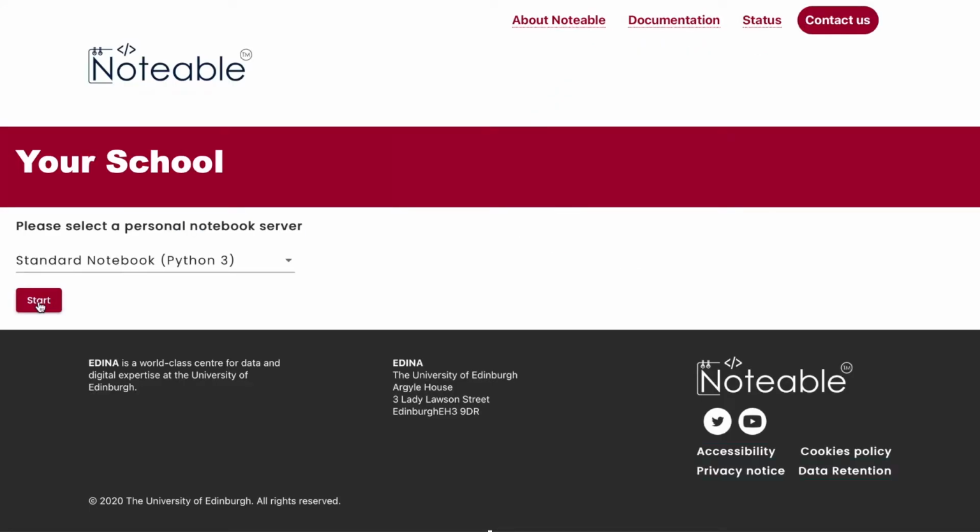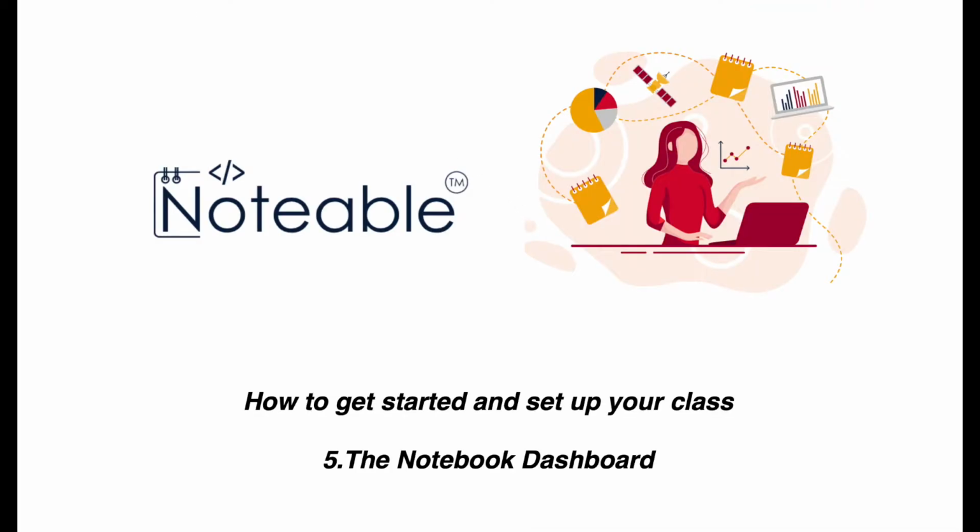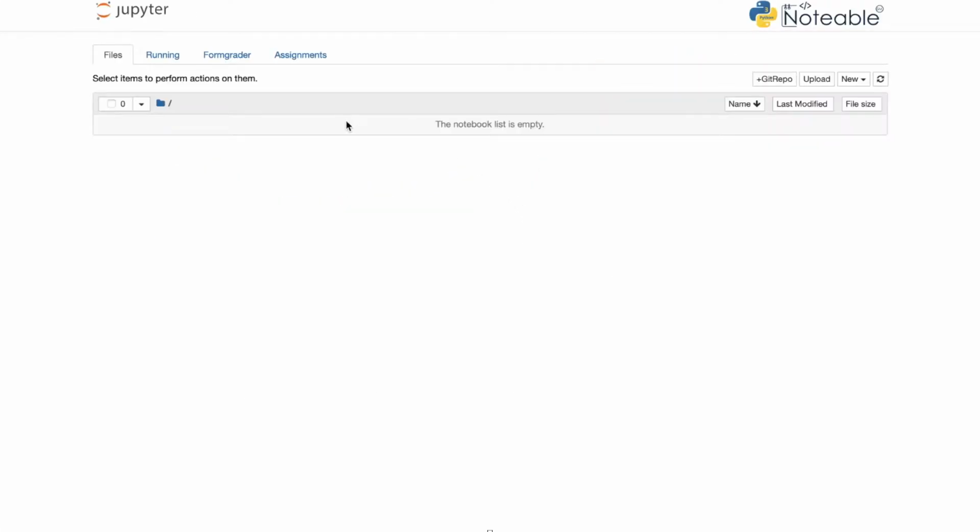Once you click on Start, you'll be taken to the Noteable dashboard. Once you're in the Noteable dashboard, you'll have options to see the running notebooks that you might have, the Form Grader tab if you're a teacher, and the Assignments tab where all of the assignments in your school will be